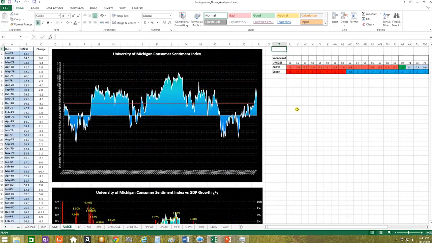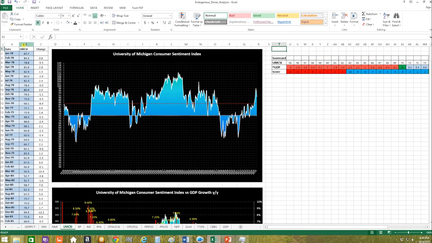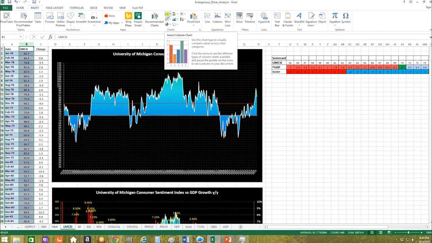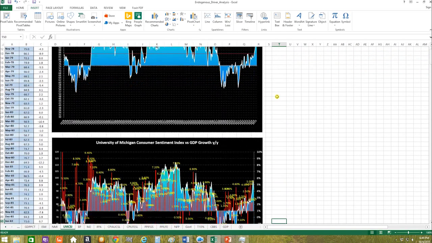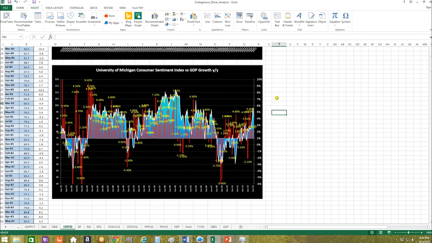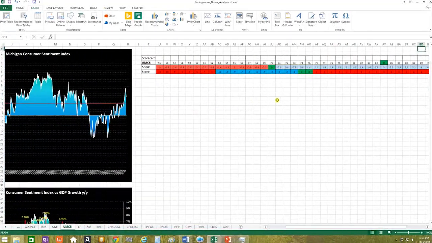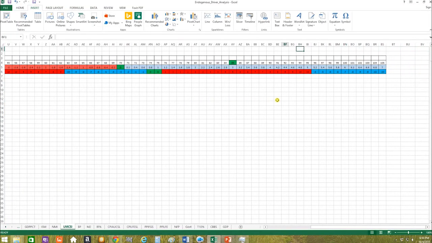And we know how to draw these charts. Basically, we're just referencing this data. We're going to insert, and we're choosing our 2D chart and turning it into a line, and then adding our GDP data onto it. Now, when it comes to the scorecard, we have to take a slightly different approach with the UMCSI relative to